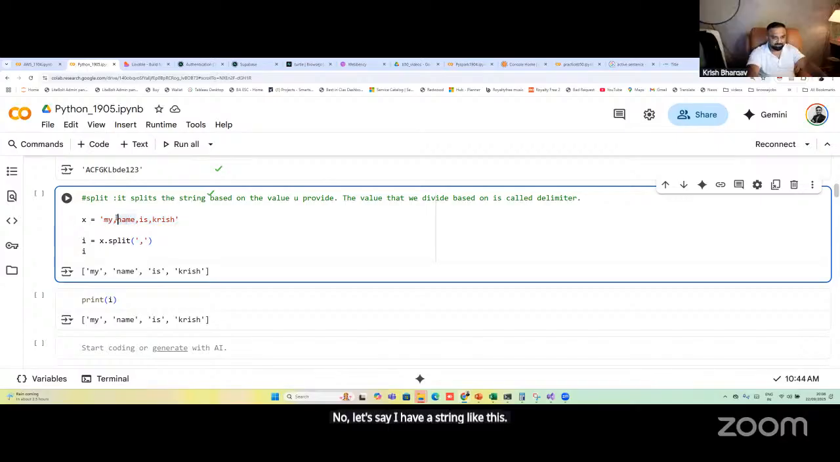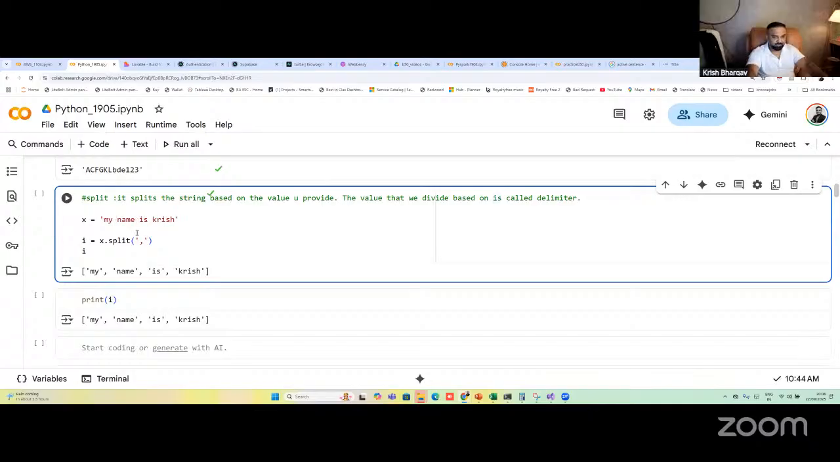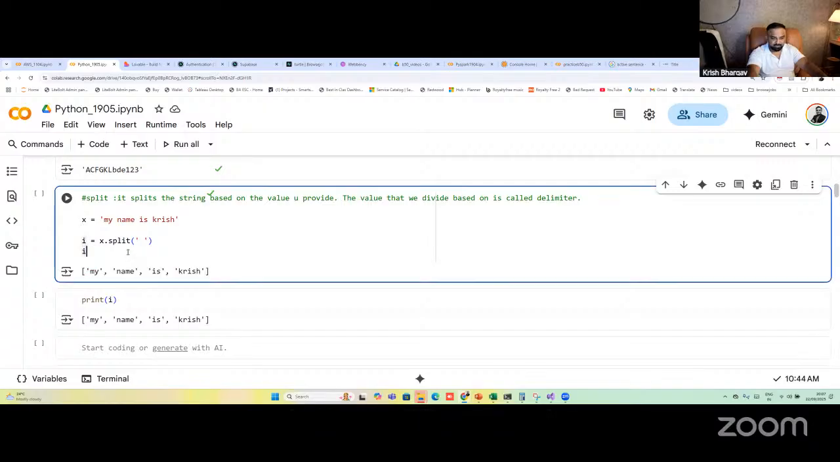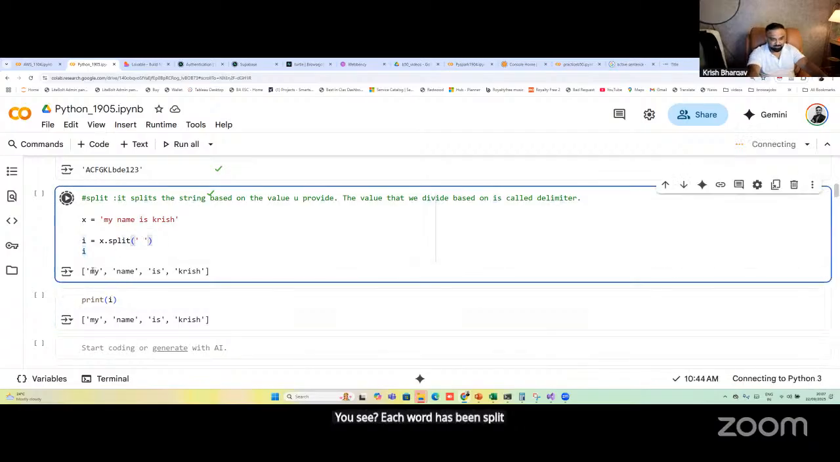Now, let's say I have a string like this. My name is Krish. Now I want to split the string. Okay. Now how do I do it? X is equal to this, and then I will use X dot split, and can you please split based on spaces? So when I split it based on spaces, it will split my string based on spaces and store each word in a list. Okay. So now when I print it, you see each word has been split based on spaces and is storing